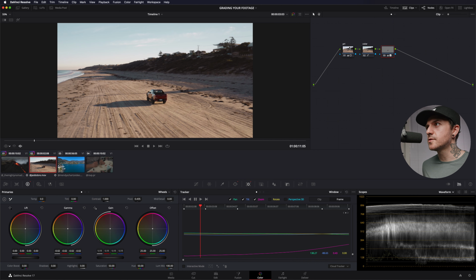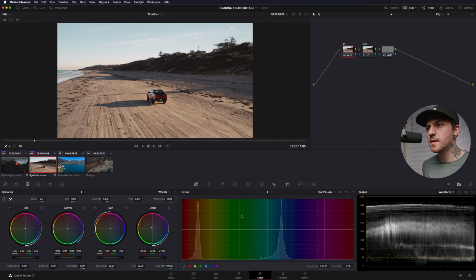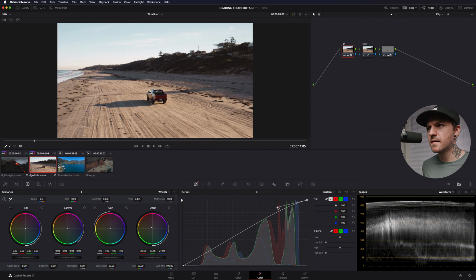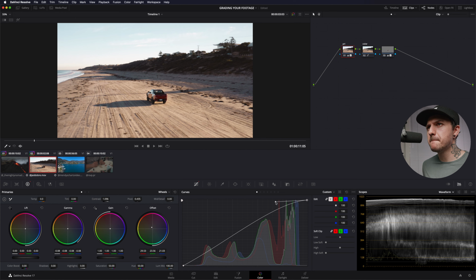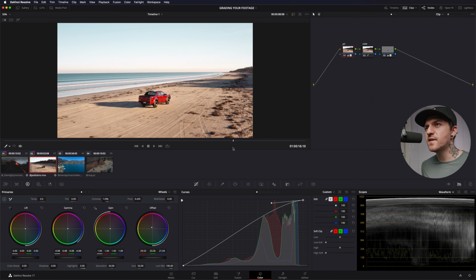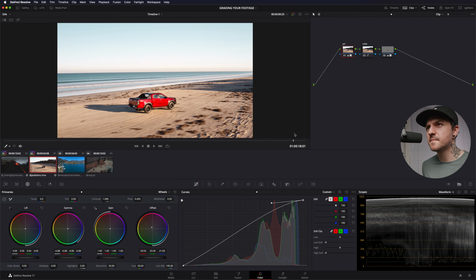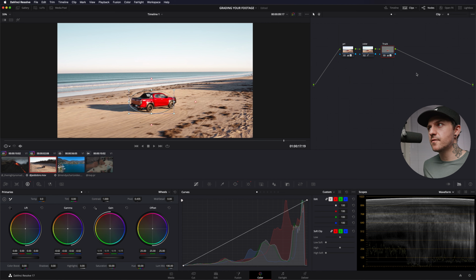I'm almost thinking that the whole shot could be a little brighter now. I'm going to go back to my primary corrections. Maybe just go to the curves. I'm going to turn on editable splines. I'm just going to bring up that kind of top end a little bit. I love that when you spin around the truck, you really get to see the color pop out right at that point. And so now what I'm gonna do is from our power window here, I'm gonna do an